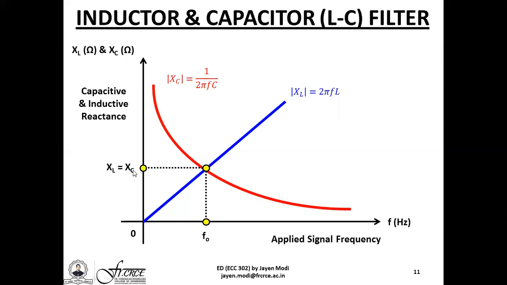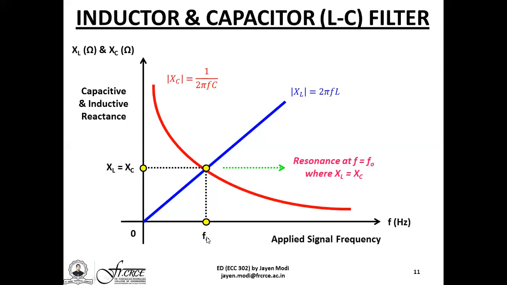When I say minimum, for capacitive reactance, the minimum value will be slightly over here towards the right hand side. But for the inductive reactance, the value will be over here when I say minimum. But yes, at this point, both reactances are exactly equal and the frequency will be f naught. This particular phenomenon is what we call resonance.